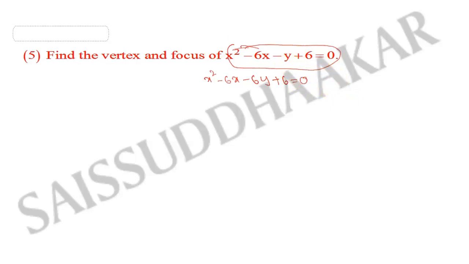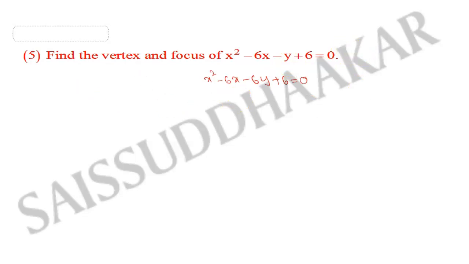Okay. What is the question? X square minus 6x minus 6y plus 6. Because we need the exact question in the exam, for that only I modified this. Or you can try this question as homework. So I am doing the modified question here. You can try this question also, nothing will happen. You will get this question also.